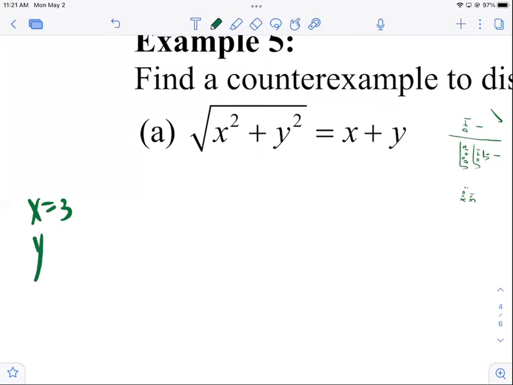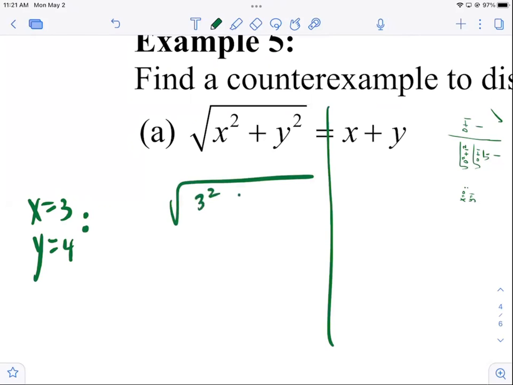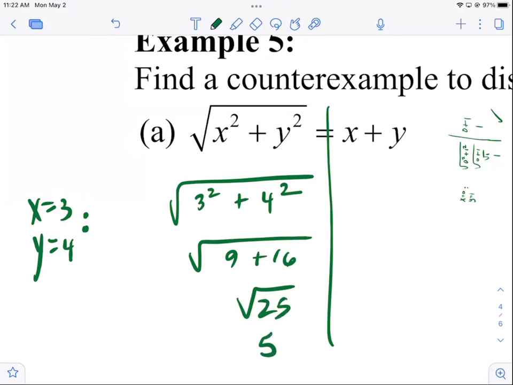X equals 3 and y equals 4, colon. Okay, so we draw the line down the middle, and here we go, this side here. 3 squared plus 4 squared. That's 9 plus 16, 25, 5. See, you show every step. And I chose those because it's a nice